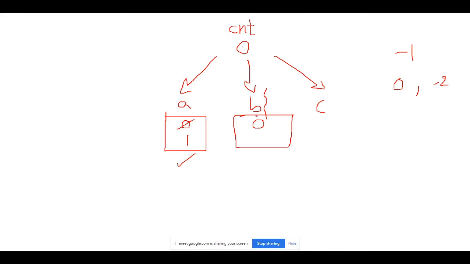But is it really 0 now? No. A has already computed. It is about to update it. It is computing, but it is yet to update this value. Meanwhile, B has fetched it and it thinks 0 and it decrements it.